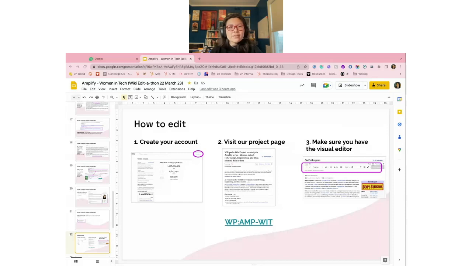Okay, let's jump back to the presentation. So after you sign up, I want to make sure you have the visual editor. So the visual editor looks like when you hit, not that one, let's go to my sandbox. So this is my sandbox. To get to your sandbox, you just go to your top right corner and click on your avatar and then click sandbox. And this is like your safe space, and they just kind of tell you, hey, here's your safe space. You want to edit below. I started an article on Sarah Veselov, who wrote a book on design systems.